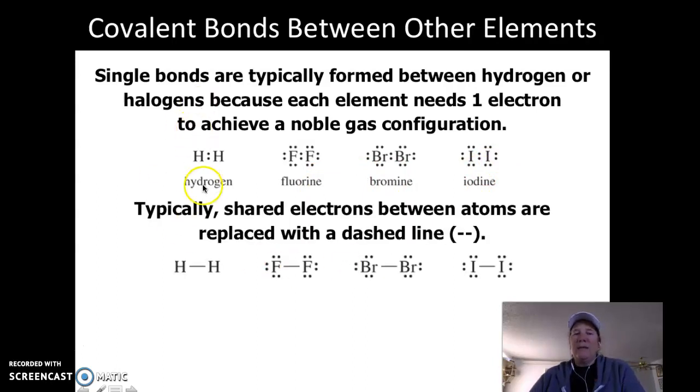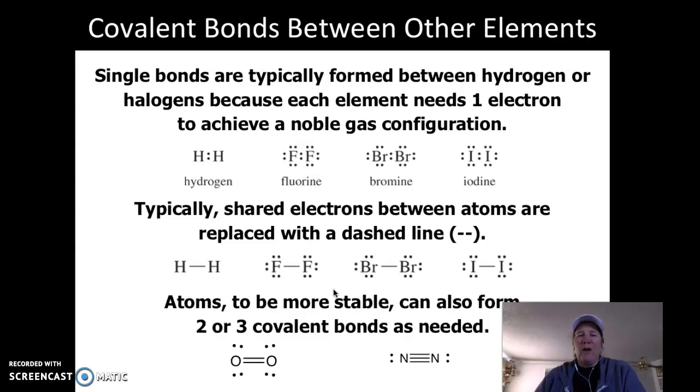You can replace, sometimes you'll see a line, and this represents 2 electrons. I'm just going to use dots because I don't want to confuse you anymore. But if you see a line, it represents 2 dots, okay? So instead of drawing it like this, you draw it like this, and that would represent the 2 dots. Here you got them around, but they're sharing 2. It doesn't matter, it's not a big deal. If you don't want to do dashes, if you want to do dashes, just remember 1 dash is 2 dots,